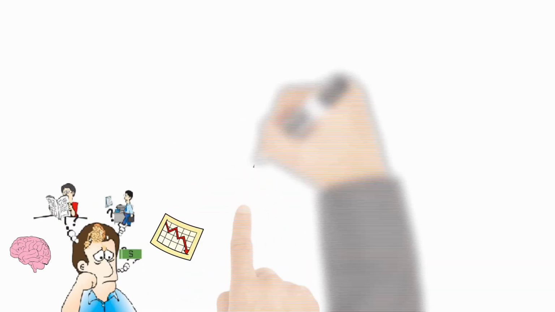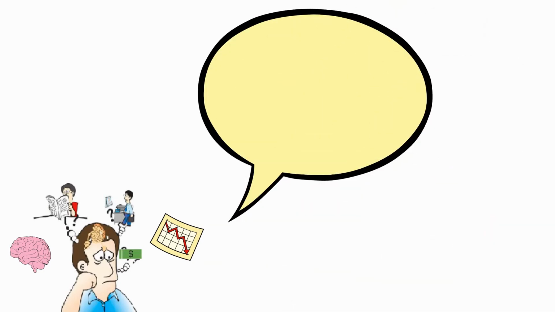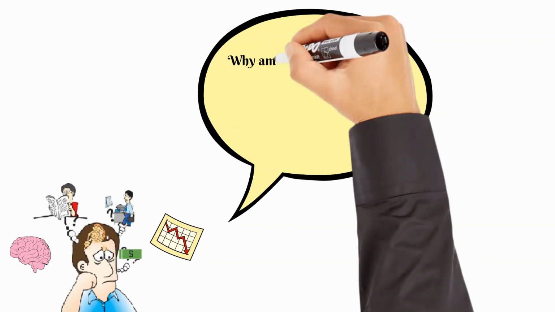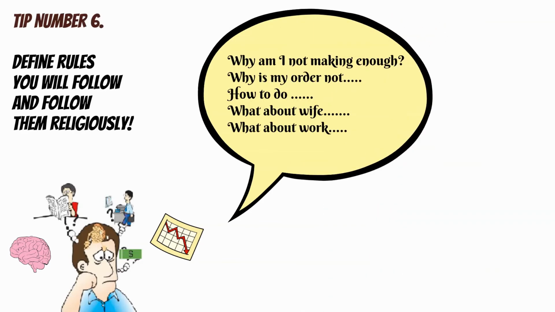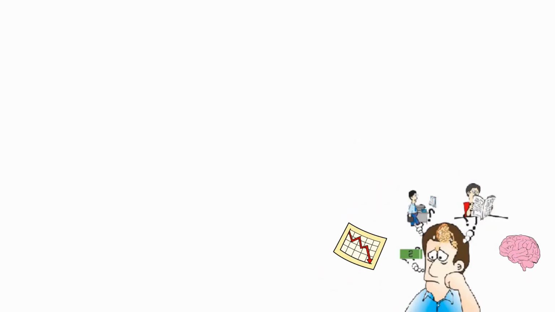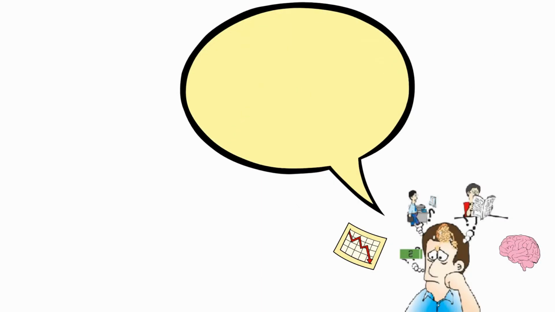Next, we should define a set of rules that will make us consistent. Since in trading, we need to deal with trading psychology, a consistent chatter that is changing from second to second, bringing in various ways of self-sabotage. The best way to go about this is to simply write down the set of rules you have set for yourself according to the strategy you are following. This set of rules needs to be followed religiously. And we will make, of course, a separate video for trading psychology because this is a separate topic altogether.